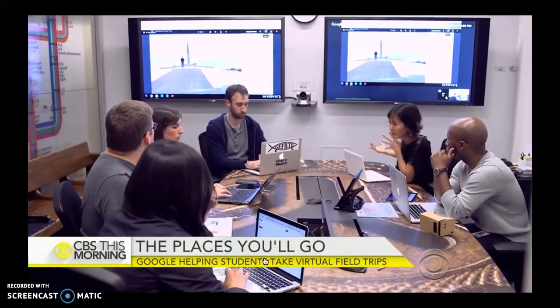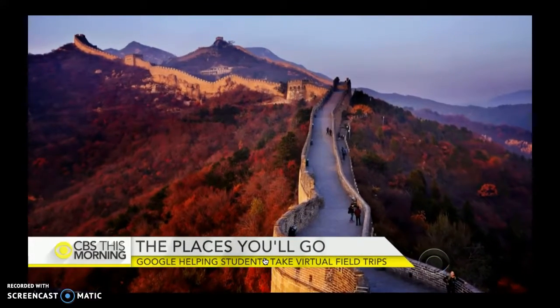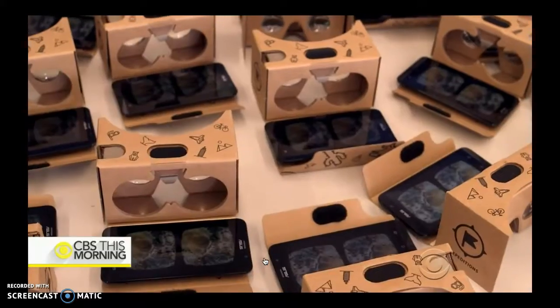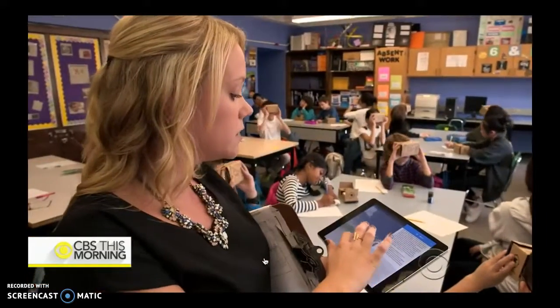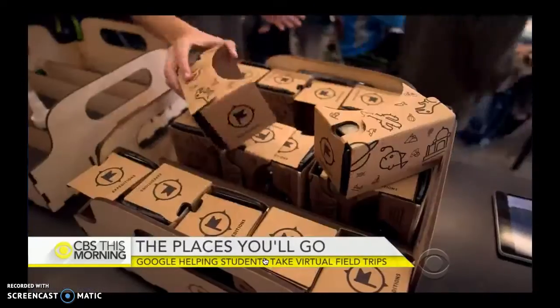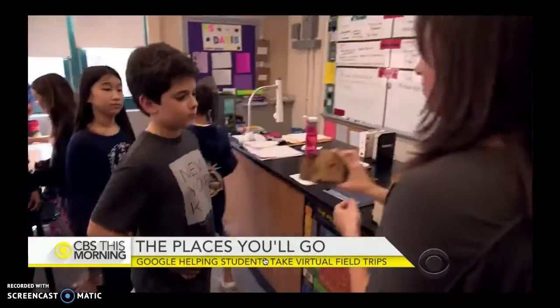Google Program Director Jennifer Holland, a former educator herself, says teachers can tailor the voyages to their curriculum. We had a math teacher that actually created an expedition on the Great Wall of China. And that same expedition was used by a 10th grade Chinese language teacher to teach vocab. The kit includes a smartphone, cardboard viewers, a tablet for the teacher, and a router that allows expeditions to run offline if necessary. Google says they'll provide the kits free of cost for the first year, but will eventually charge